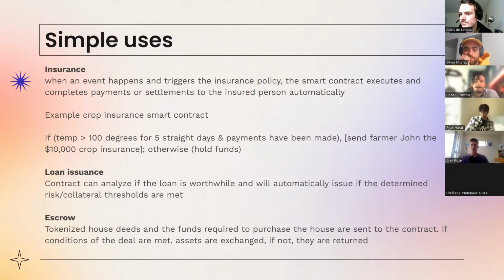So in the case of an insurance contract, there's some event that triggers an insurance policy, and this policy has been agreed upon by the insurance provider and the insuree beforehand, just like traditional insurance. But the difference between a smart contract insurance and regular insurance is that the contract can automatically execute the payment, let's say, of the insurance policy if the conditions are met. So just to demonstrate this, imagine